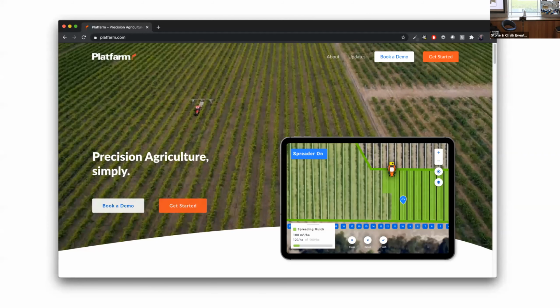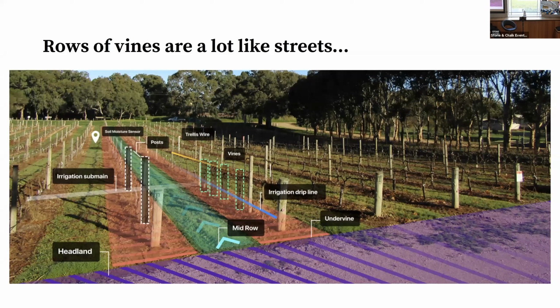And Ollie shared with me this visual representation of the data model that's happening in a vineyard where you have rows and vines. And it kind of clicked: what's happening in a vineyard looks really, really similar to a cityscape. It's just that instead of streets and buildings, you have mid-rows, vines, fence posts. And so what that means is that I suspect you'll probably run into similar challenges with mapping and geographic data, but also you may be in a place where you can leverage some of the same solutions coming from other industries like transportation.